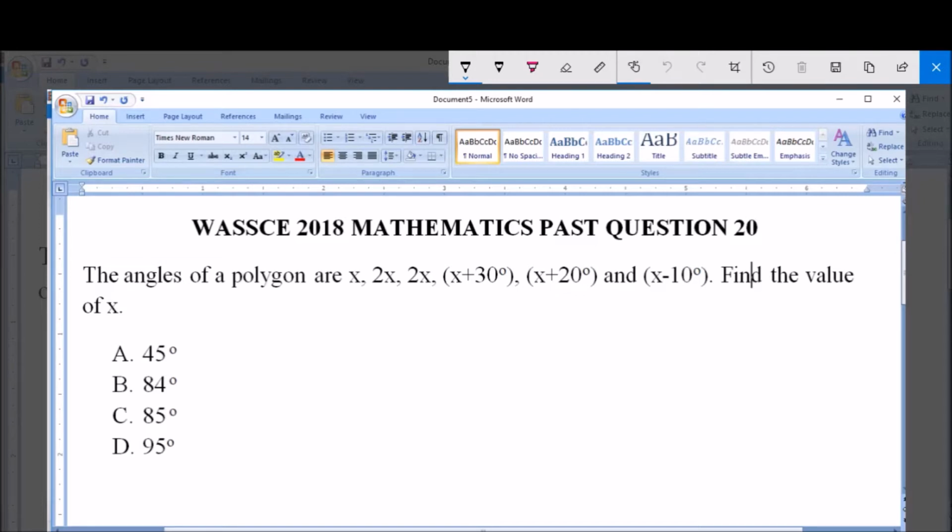Now looking at this polygon, since the polygon has 1, 2, 3, 4, 5, 6 angles, it means that this polygon has what? 6 sides. So it's a 6-sided polygon. And from this we can